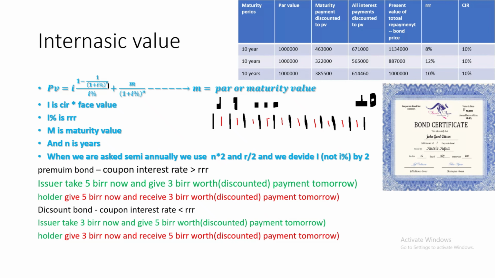For each of these 20 payments, the issuer pays not 100,000 but 100,000 divided by 2, which is 50,000. 50,000 for the first payment, for the second payment also 50,000, for the third, for the fourth, for those 20 payments, you should pay 50,000 interest payment. This means I should become 50,000 rather than 100,000. Also, the market interest